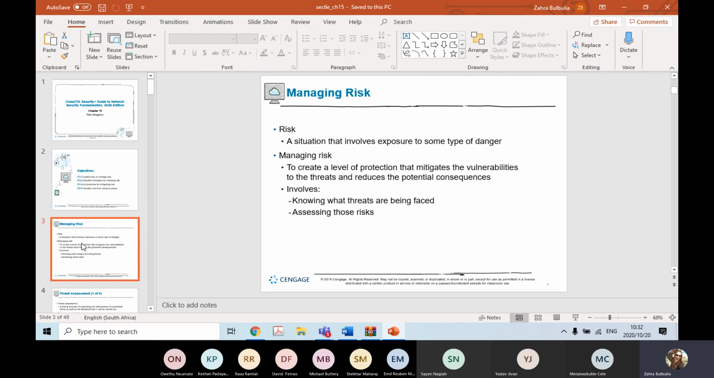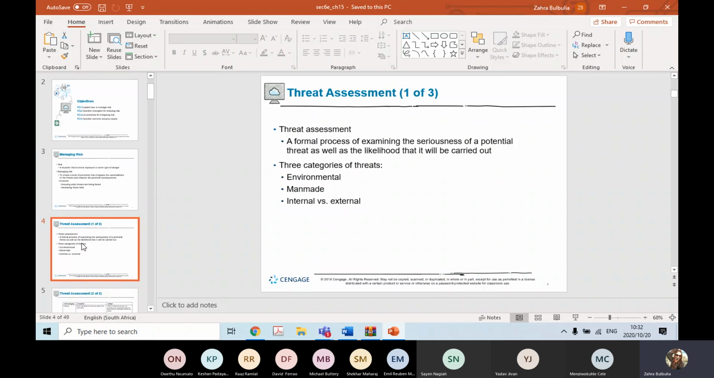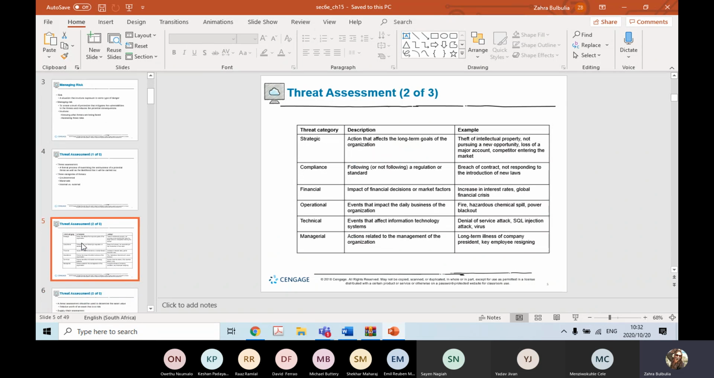So you need to assess the risks and know what threats you are actually facing. When you do a threat assessment, it's a formal process of examining the seriousness of a potential threat, as well as the likelihood that that threat can actually happen. There are three types of threats: man-made and internal versus external. So in terms of your threat assessment,